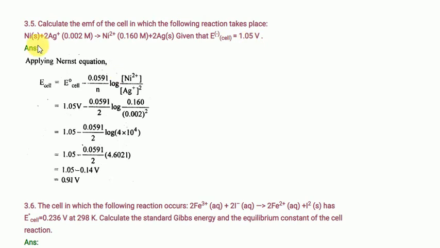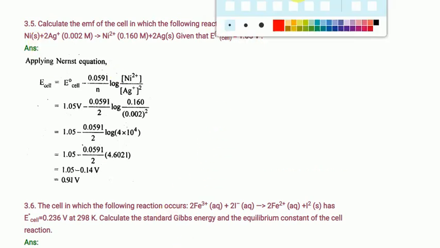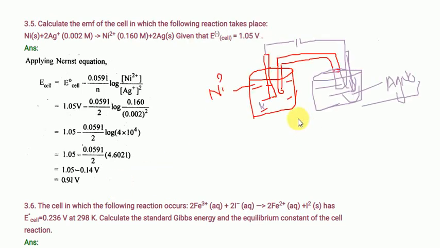Got it clear? Suppose I'm taking one example, and we will get clarity. Just imagine, I'm taking a cell. In that cell, imagine there are two half cells. In one cell, I'm taking the nickel rod, with nickel nitrate solution. The other cell contains a silver rod with silver nitrate solution. What happens if you take the concentration as 1 molar here and 1 molar here? How many volts does it produce? This much volt.